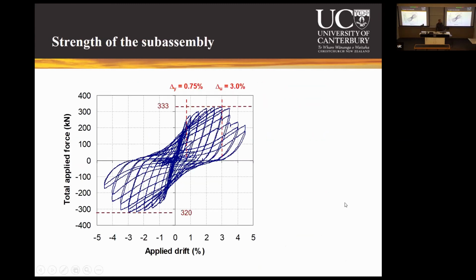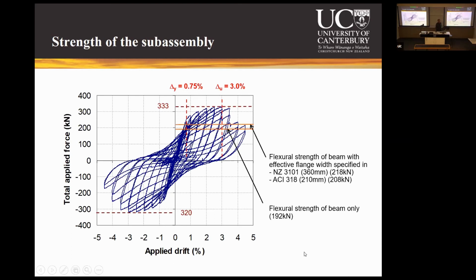So let me spend the last 2-3 minutes talking about the interaction between the elongating frame and the slab, the floor slab. This is the subassembly that we tested and the experimental result. When you look at it, you can have a fair estimate of yield displacement, ultimate displacement, and these maximum forces. And when we compare that with the theoretical flexural strength, taking into account the beam strength,